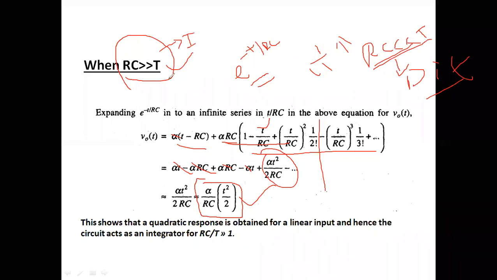We will see it in the next class, but I have mentioned the point here. By this conclusion, for a ramp signal we are getting a parabola signal, which is an integration. We will see this in detail when we discuss the integration topic. Keep in mind that for a low pass circuit, the time constant should be very large in order to act as an integrator. For a high pass circuit, the time constant should be very small in order to act as a differentiator.